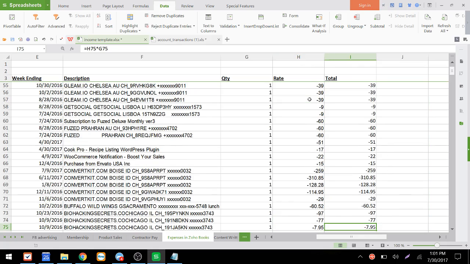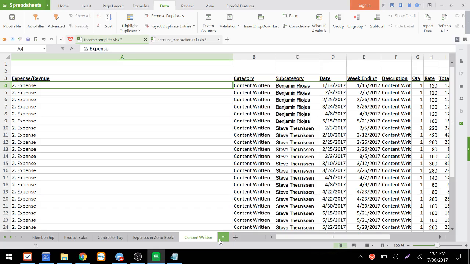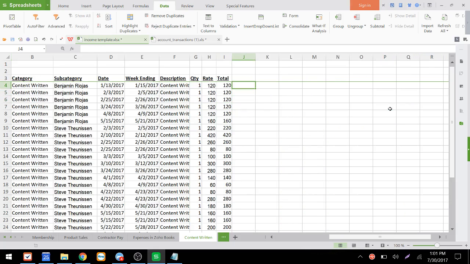So these are all negative. Content written. We need that as a negative, right? So we take equals the rate and times that by -1. Expand that down and copy it.